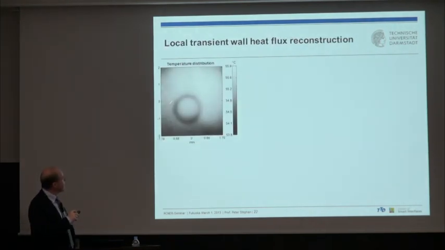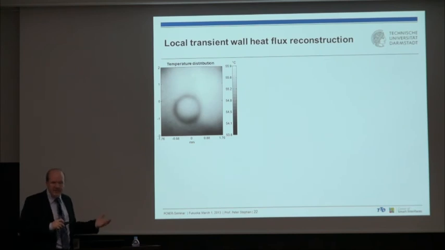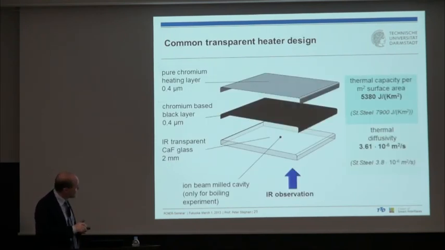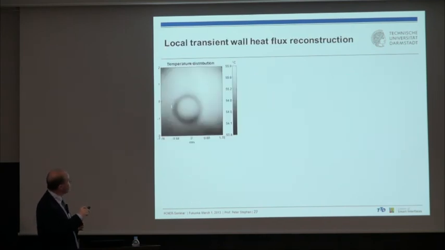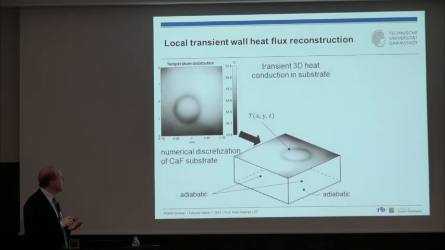Now this is what we see. We see with our infrared camera of course, an intensity distribution, but we carefully calibrate before the experiment and after experiment. So with our calibration curve, this gives us a temperature, and from this temperature signal, which is then observed from the infrared camera exactly in this layer here, but this layer is basically only 400 nanometer far away from the fluid. So we see this here, and then we want to know the heat flux distribution, and we do this as follows.